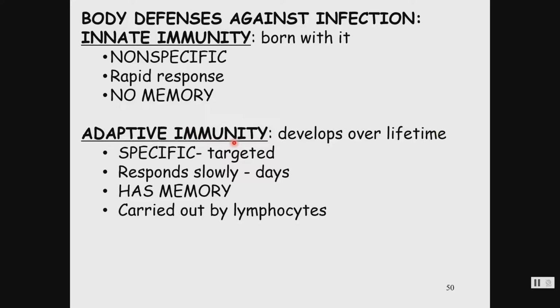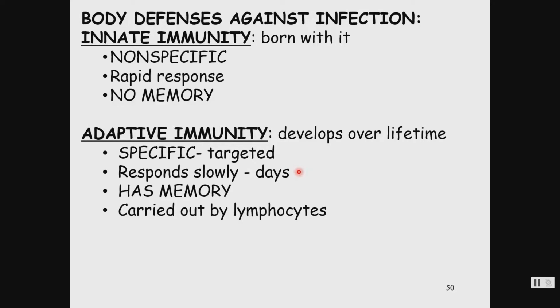But the adaptive immune system is going to be specific or targeted. These responses are brought about only by your lymphocytes, and lymphocytes are very specific in that you have a lymphocyte that can recognize one little part of a bacteria or one little part of a virus. You may have heard a whole lot about the spike protein of SARS-CoV-2. That's what they want to use to make the vaccine. That's how specific your immune system is.